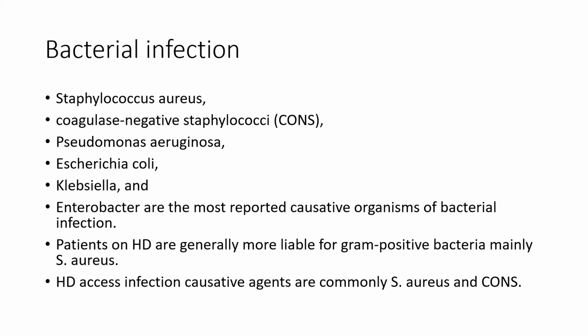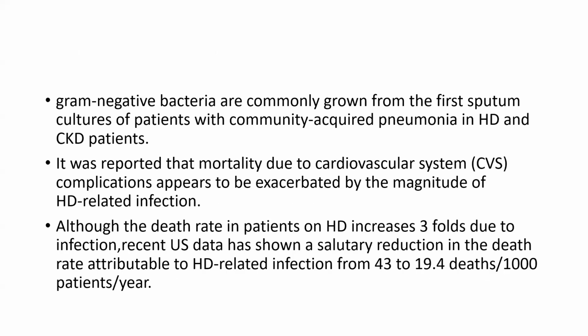Now, bacterial infection. Bacterial infection occurs because of Staphylococcus aureus, coagulase-negative Staphylococci, Pseudomonas aeruginosa, E. coli, Klebsiella, and Enterobacter, which are the most reported causative organisms of bacterial infection. Patients on HD are generally more liable to gram-positive bacteremia, mainly Staphylococcus aureus. HD access infection causative agents are mainly Staphylococcus aureus and CoNS. Gram-negative bacteria are commonly grown from the first sputum culture of the patient in community-acquired pneumonia in HD and